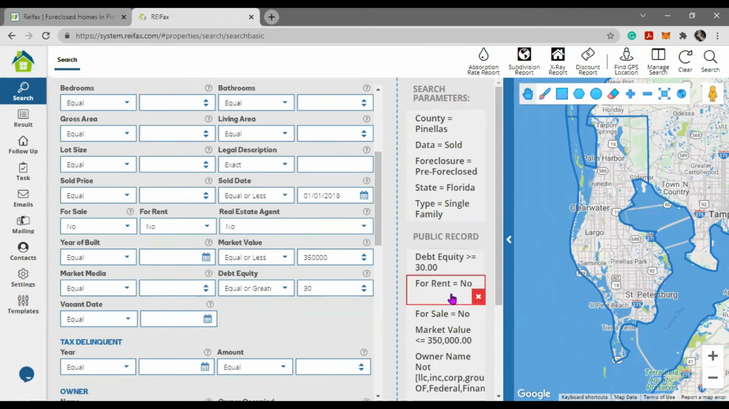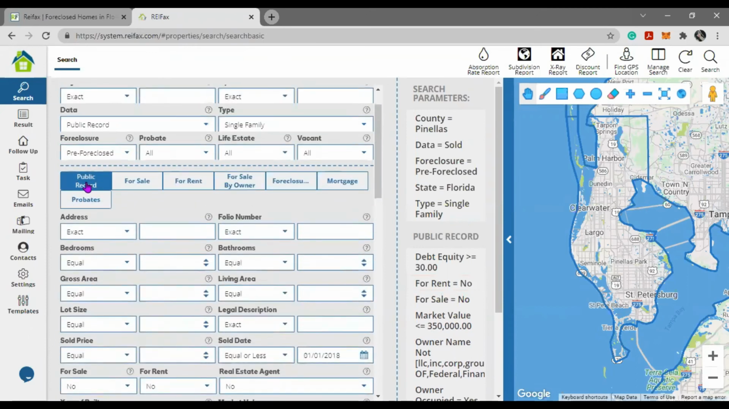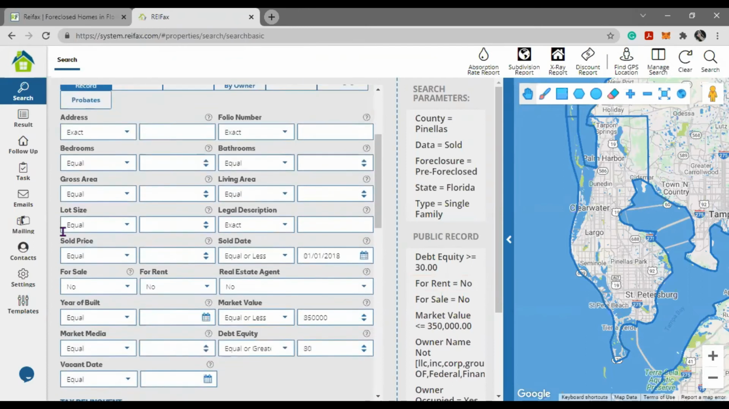Excellent. I'm also again selecting off market because apparently these are very popular among you guys. You have been asking how you can do off market properties. Again, you will select below public records. You will leave the data filter for public records. You will select here public records, and then you will